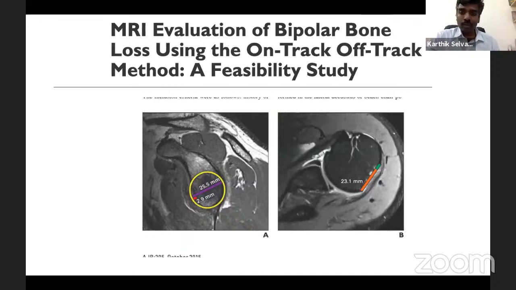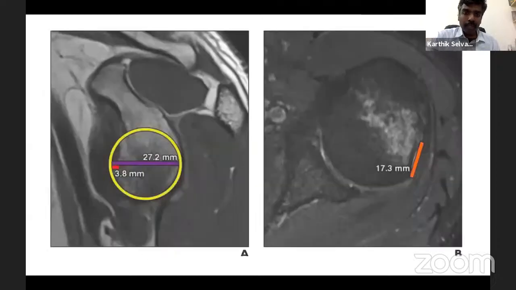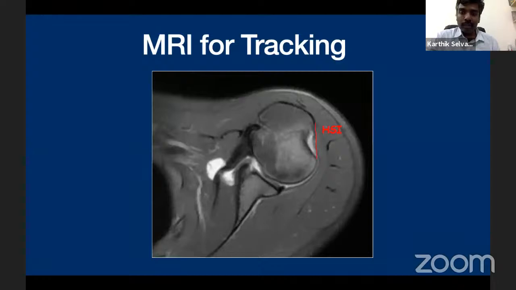Now, we know 3D CT is the best, but can you use the MRI? That's the problem when it comes to measuring the Hill-Sachs index on the MR. The radiologists have difficulty in actually identifying the infraspinatus insertion. The infraspinatus insertion is oblique. It is not very clearly defined like the supraspinatus insertion. So there is a lot of inaccuracy in measuring Hill-Sachs in the MRI. So as far as Hill-Sachs goes, CT scan at the moment in literature seems to be the best.